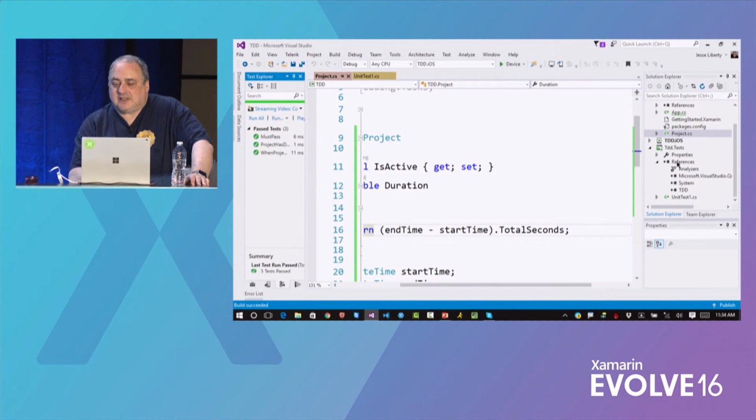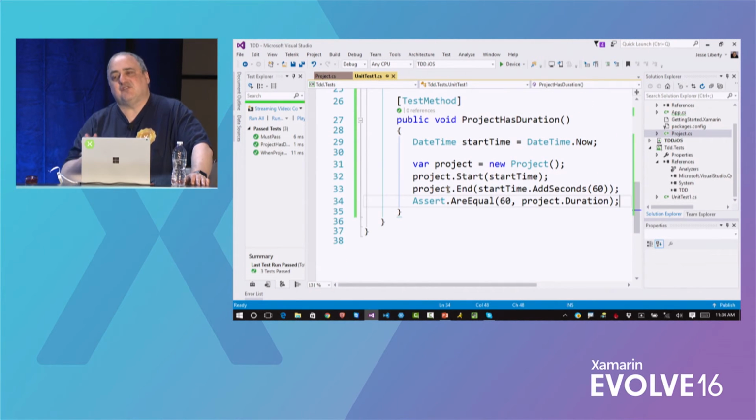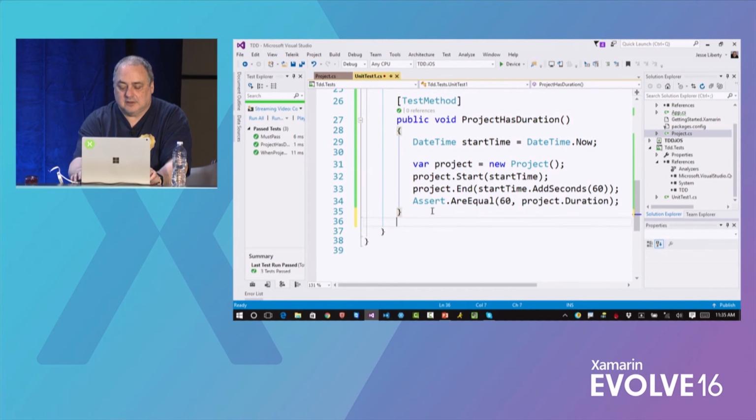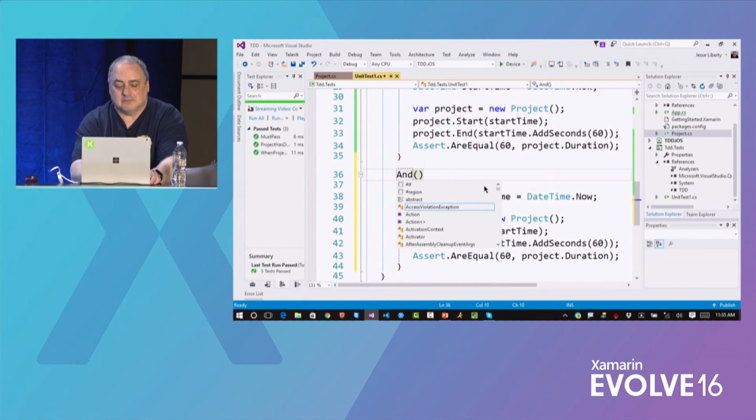So let's go back to our test. And this time we say, well, this is fine. We have duration. But that only works if we only go to the project once. What happens if we go to the project and then we leave, and we go to the project and then we leave? How do we get that to work? Let's cheat and copy this because it's the basis of what we want to test. So we'll say Control-Z, S, C, one of those. Control-V. And this one is going to be project can start and stop,